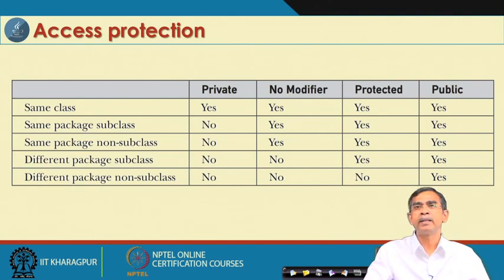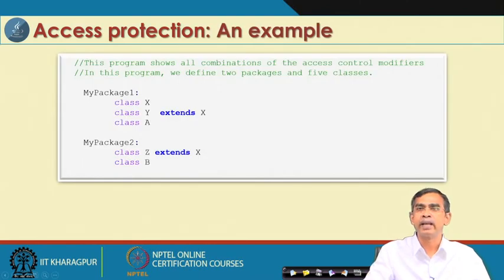Now, okay, after having this kind of summary of different access modifiers, it is better to discuss using some example. This is one example, although a little bit complex, because it is really difficult to maintain one simple example to illustrate all the features regarding access protection in packages. Even so, I have tried to make it as simple as possible here. We consider 2 packages, my package 1 and my package 2. They are different, it is not that they are in the same directory or subdirectory. Let us consider 2 different subdirectories, my package 1 and my package 2.